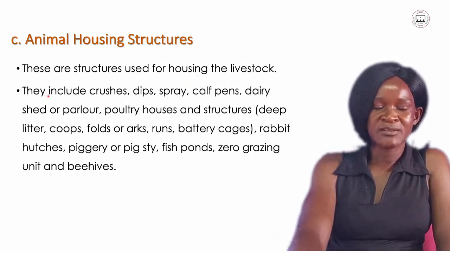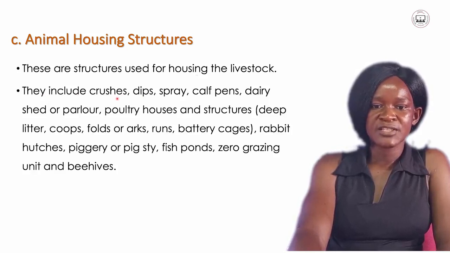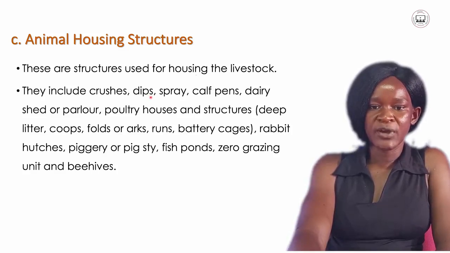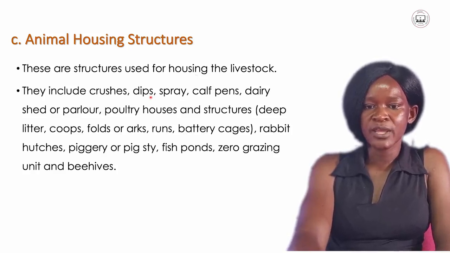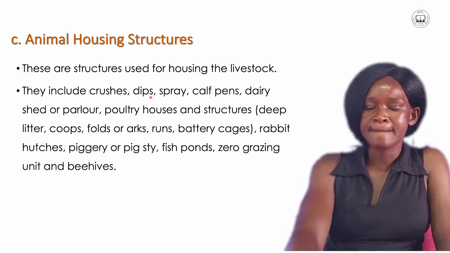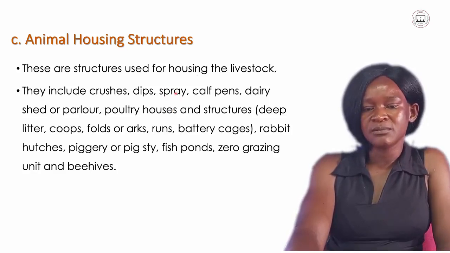Apart from that, for example, we have crushes. These help in livestock production. We use them to keep animals from moving so that we can easily vaccinate. Then we have dips, where you find water with chemicals so that the animals go in and eliminate external parasites. Then we have spray. We can also use the spray to spray the chemicals on the animals so that we get rid of the